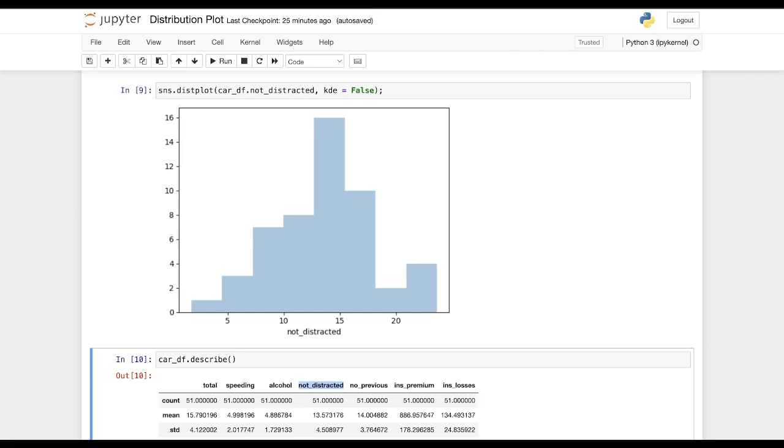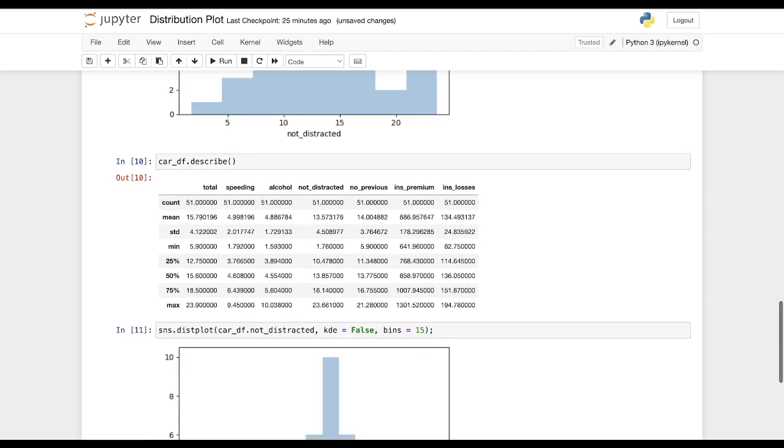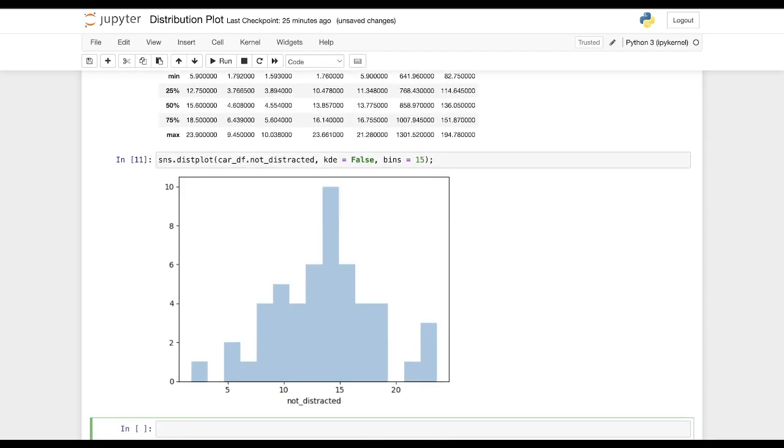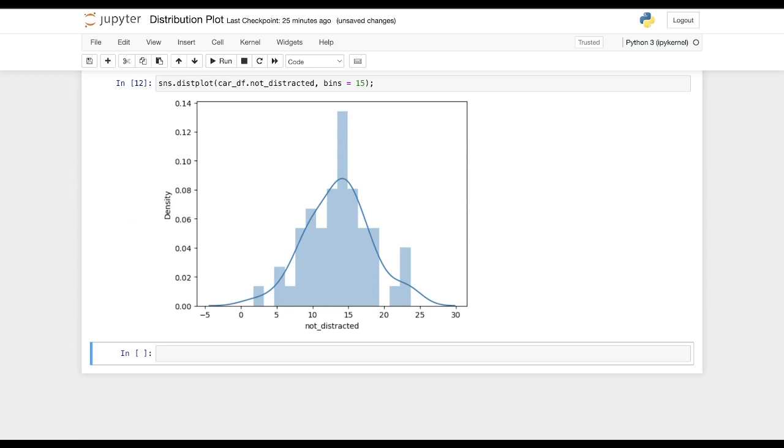You can increase the number of bins if you want to. And to do so, just let me copy this. And here you can simply say that if now I want the value of bins as 50, I will say that. And as you can see, the number of bins have been increased. You can increase the number of bins as much as you want. Now we saw this histogram. If you want your kernel density estimation on top of that, you can just remove that kde is equal to False here. And this will be your plot now, which consists of your histogram and your KDE plot.